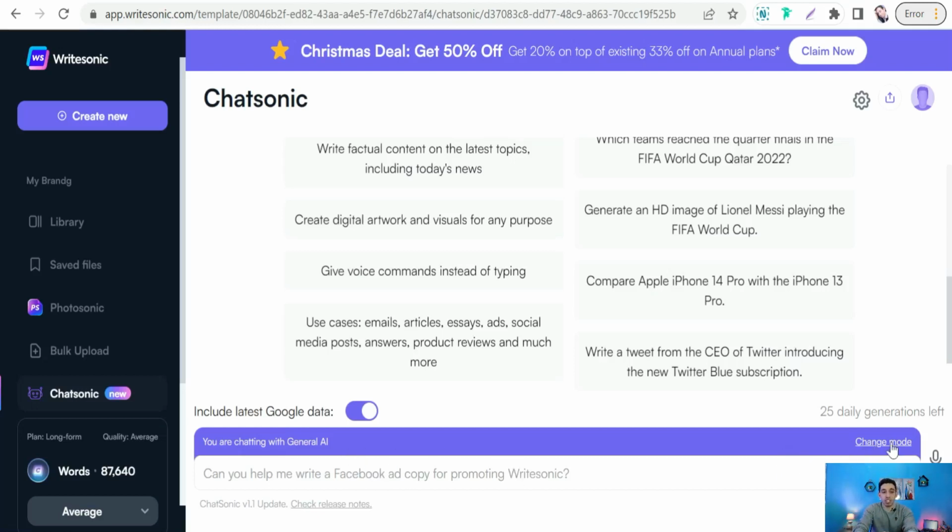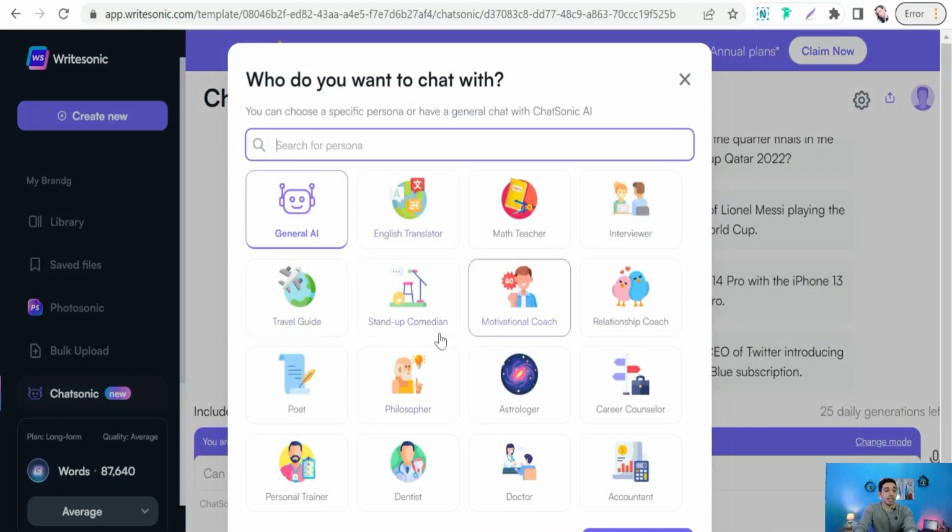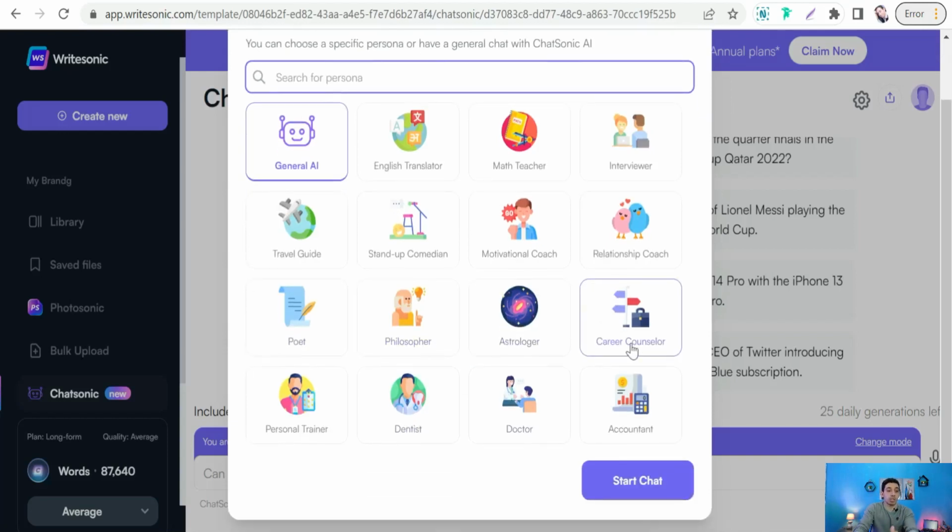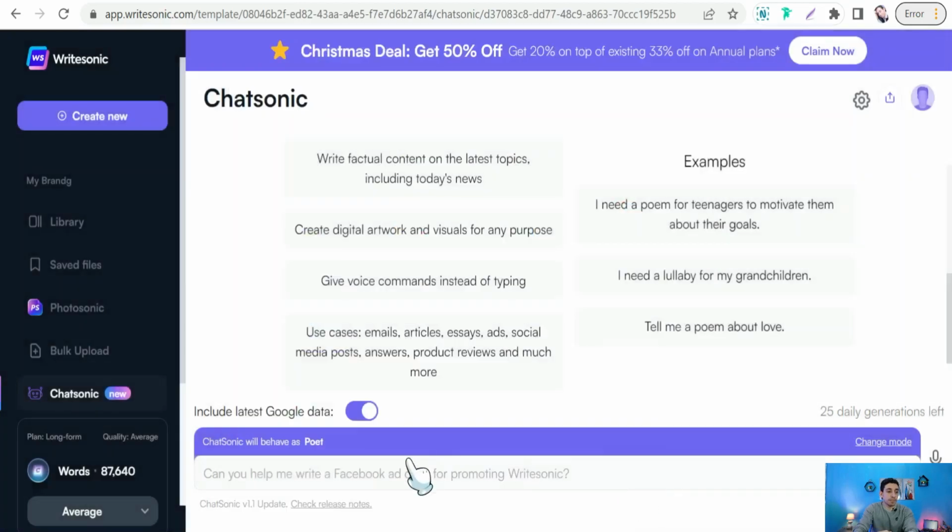For example, you can head to this one, change mode, and here you can find a lot of types of robots that you want to talk to get accurate answers. For math teachers regarding math problems and equations and so on. For interviewers, English translator, travel guide for cities and places over the world, stand-up comedian for comedy and memes, motivational coach, relationship coach, poet that gives you a lot of poems and songs, philosopher, astrologer, career counselor, accountant, doctor, dentist, and personal trainer, and so on. So according to your topic that you want to generate high quality content, you can select your own robot. For example, I want to get a creative poem, so you can select this one, poet, start chat,